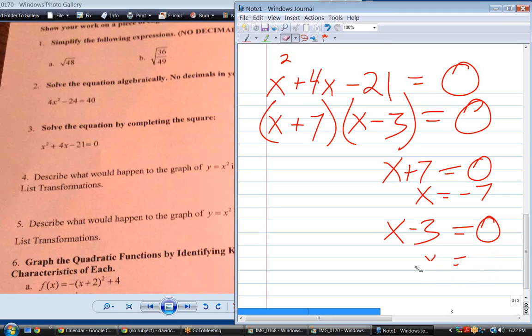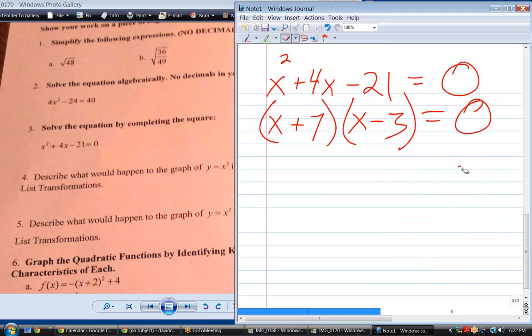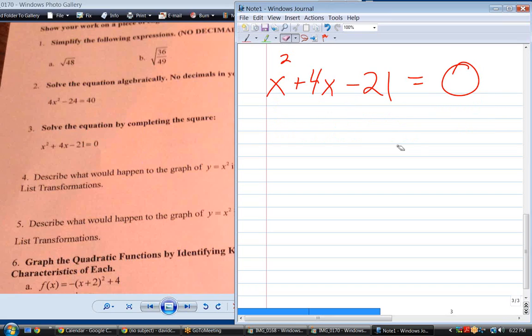Okay. So, unfortunately, this was the easiest way to solve the problem, but the question said solve it by completing the square. So, let's go back and solve it by completing the square and see if we get the same answer. Now, if you're completing the square to solve a quadratic, the best first step is to take it out of standard format